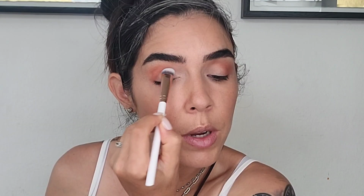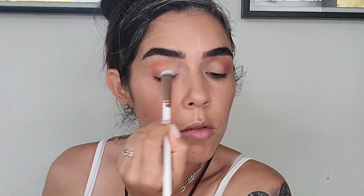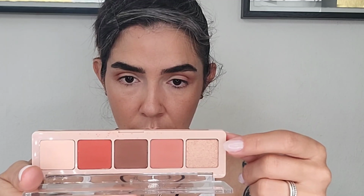Now I'm gonna use the eyeshadow brush, and I'm gonna go to the lightest shade, which is this one here, and the name, I think, is Aya. I'm pressing it onto my mobile lid. I'm gonna apply it also in my inner corner just to brighten up that area. And then I'm gonna use this shade here. This is Shine, but I'm going to apply it with my finger